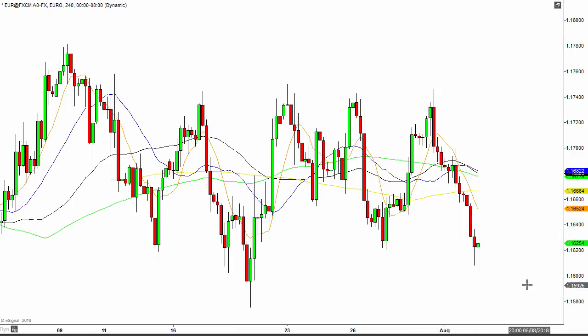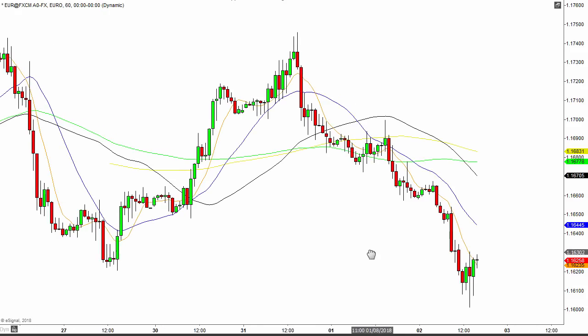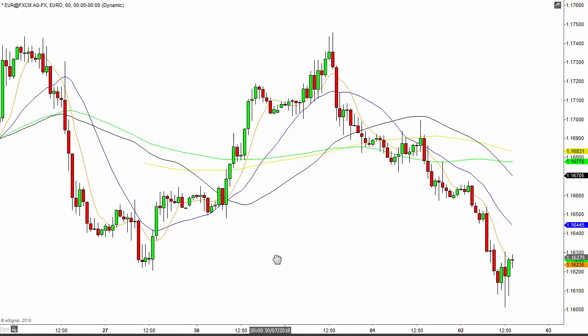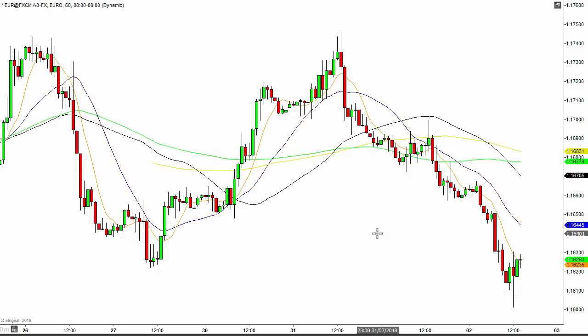But having said that, I also know that we are within this range, and who knows, maybe the euro decides to come back up within that range, and I have to be aware of that as well. The hourly chart is overall bearish. The 50-period moving averages and the likes are all crossed to the downside for the time being. That suggests to me that any retracement we get, you should be able to sell into that. So there's a number of factors here, but my bias at this stage is to the downside for the euro, based on the pennant on the daily charts, and even coming down onto some of these intraday charts.